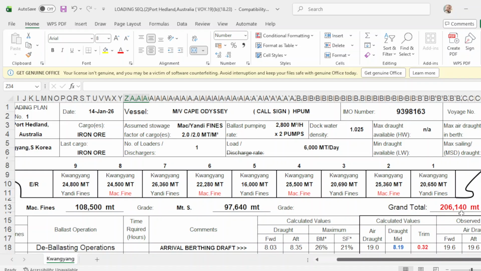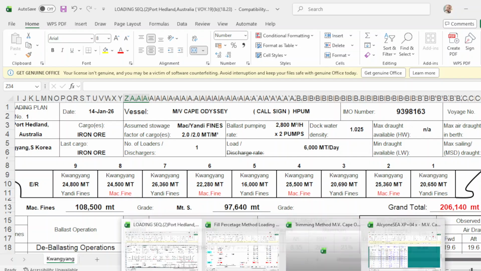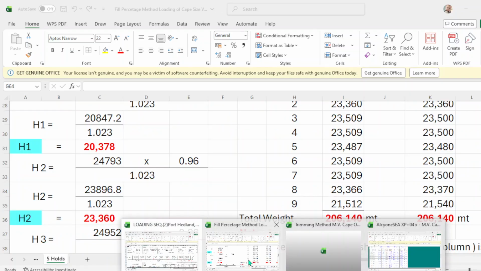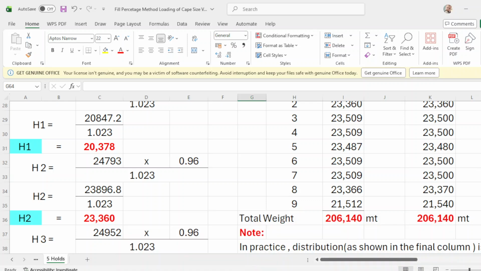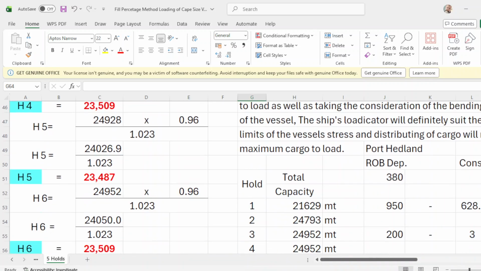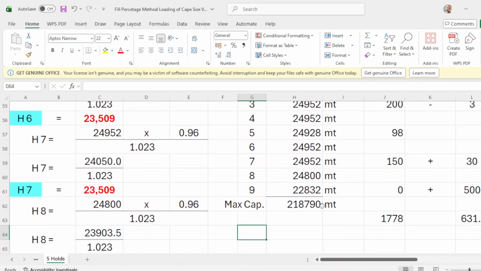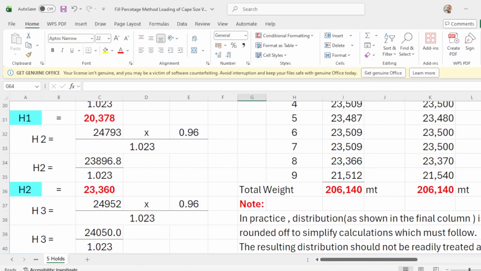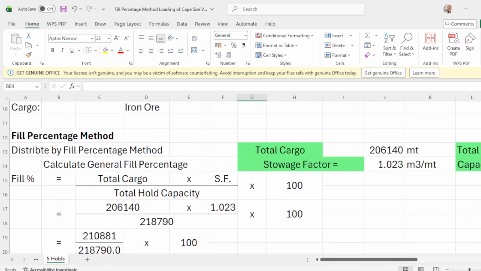So we have already the total cargo here to be loaded, and we have the maximum cargo, maximum capacity of the total hold is 218,790 metric tons. Now we are going to compute how much are we going to load in each hold.